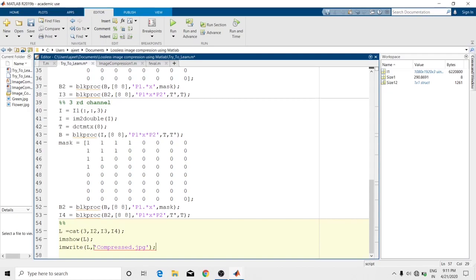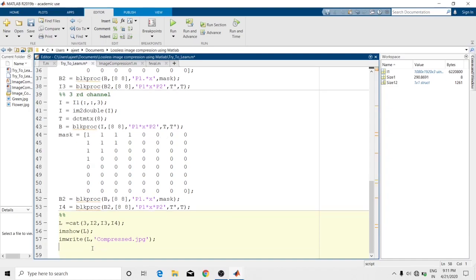And I want to calculate the size also, the size of our compressed image. To calculate the size, I can use directory again.